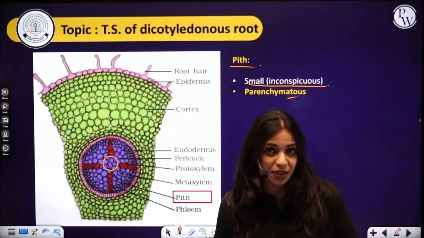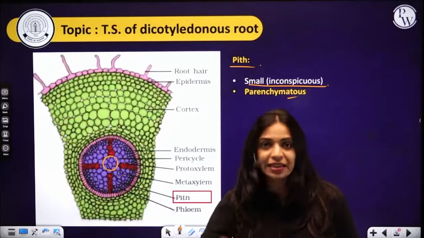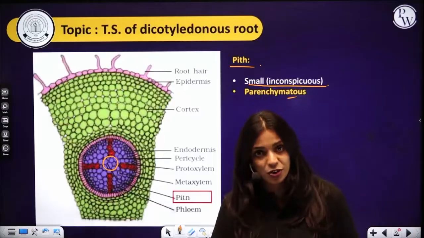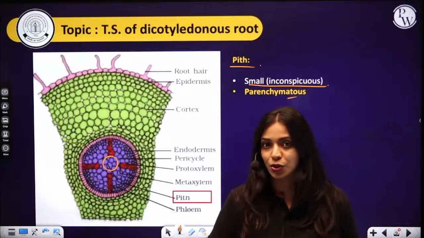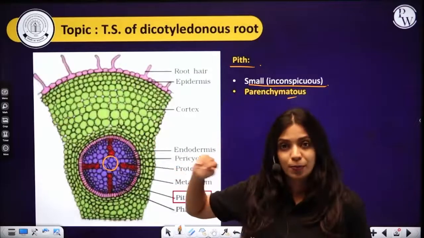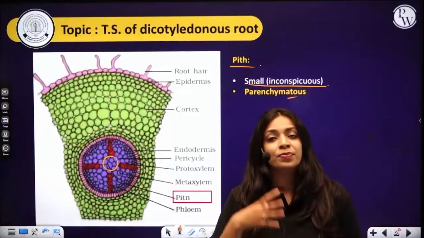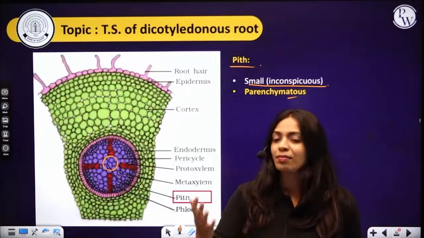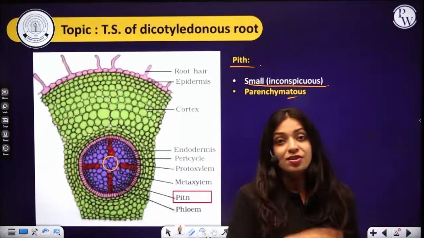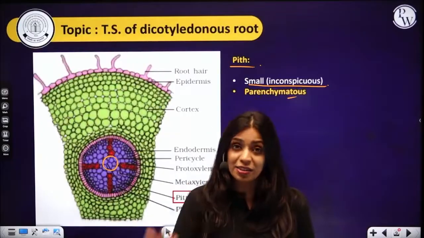Now, what are these Casparian strips? Casparian strips is the deposition of suberin in the radial and tangential walls of the endodermal cells. This suberin is impervious to water. It will not allow water to pass through it, and it's waxy in nature. Following the endodermis, you have the pericycle. Pericycle again consists of parenchymatous cells that are thick-walled. It may be multiple layers in thickness. And the pericycle is responsible for the initiation of lateral roots as well as for the initiation of vascular cambium